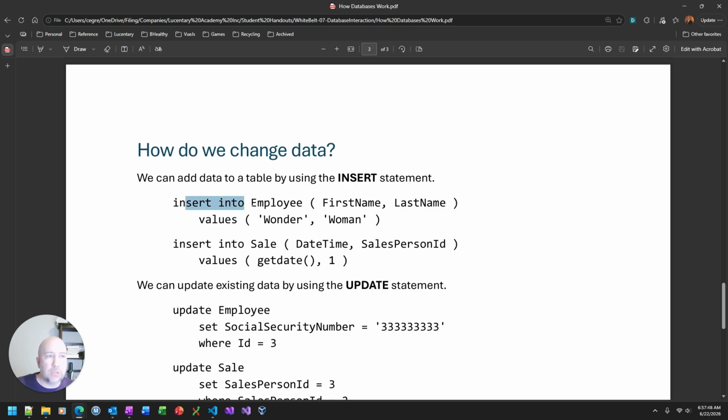So the insert statement looks something like this. Insert into employee, and then the column names that I'm specifying, first name and last name. The values of those, Wonder and Woman. So Wonder is going to be first name. It's positional. It means whatever's first goes to whatever's first. Woman would be the last name because it's also positional. It's going to the last name. If I wanted them to be in the reverse order, I would simply reverse the column names and then the